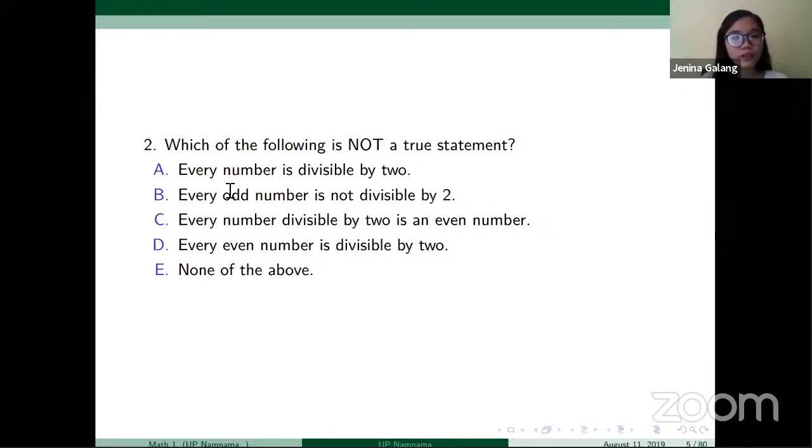So ang answer dito is every number is divisible by 2. So this is not a true statement. So next,